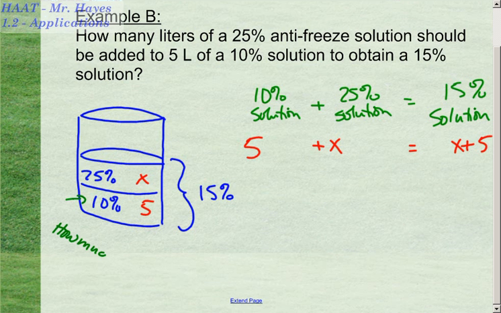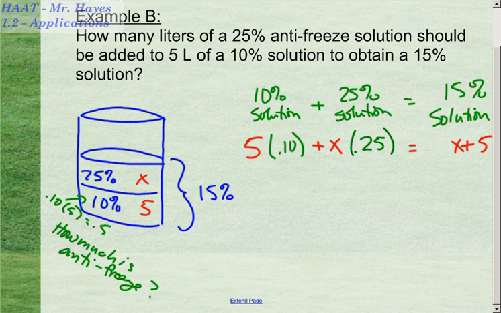How much is antifreeze? Okay. So in this case, 10% of the 5 liters is antifreeze. So that's going to be 0.5 liters. In a 25% solution, it's going to be 25% of whatever amount that you put in for X. And that's going to be the key here. So I'm going to multiply 5 by the 10% solution. That's going to be 0.5 liters. In the X liters, I've got